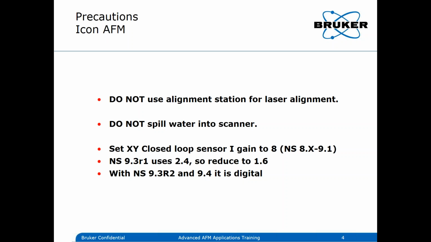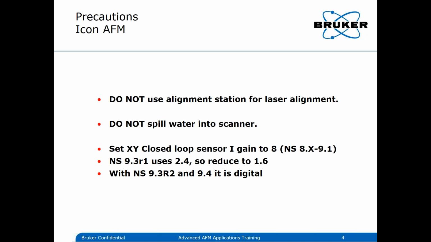It is recommended, if you're using software version Nanoscope 8 something, so 8.0, 8.1 or 8.15, or up to software version Nanoscope 9.1, please reduce the closed loop sensor gain, the I gain, from 12, which is default, to 8. The reason for that is basically the sensors are reacting to changes or where the scanners move non-linear,